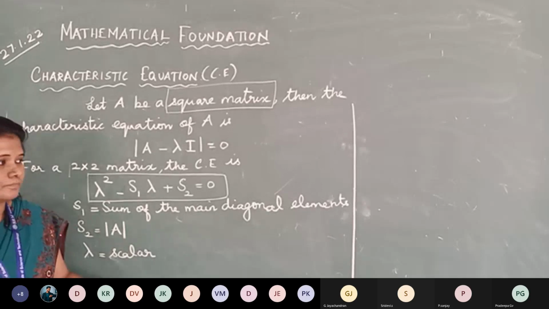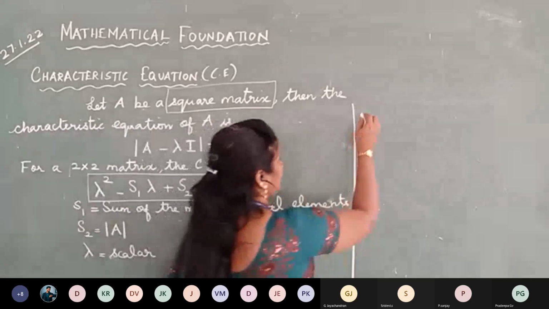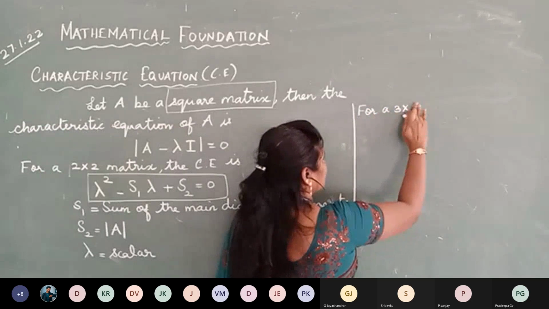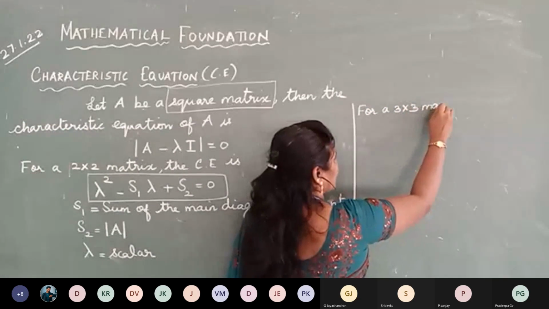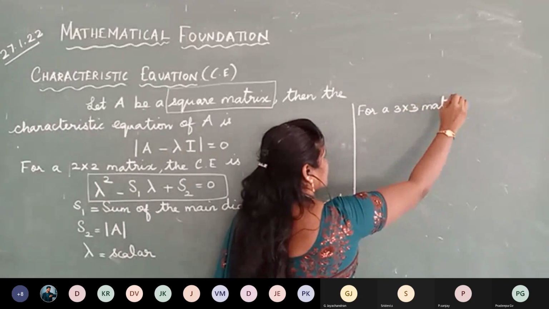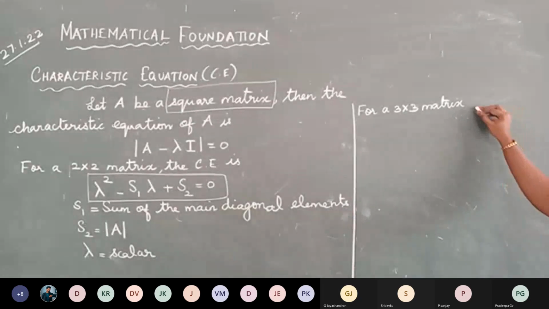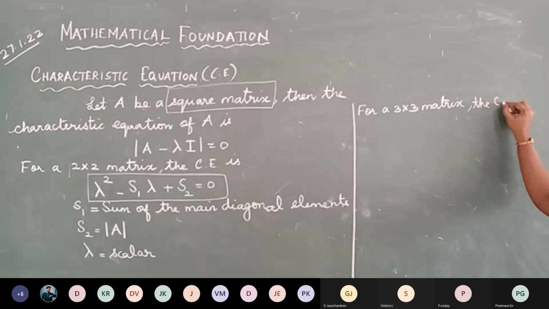Have you written? Write the 3 cross 3 matrix. For a 3 cross 3 matrix, the characteristic equation will be